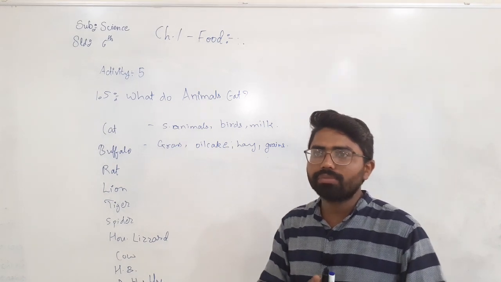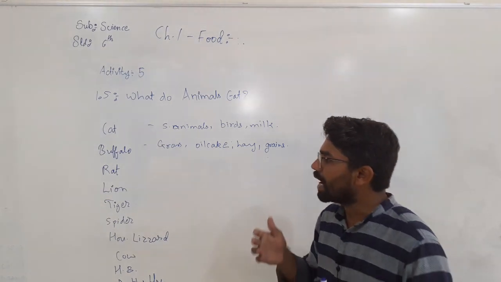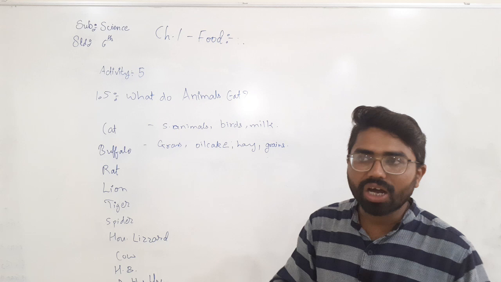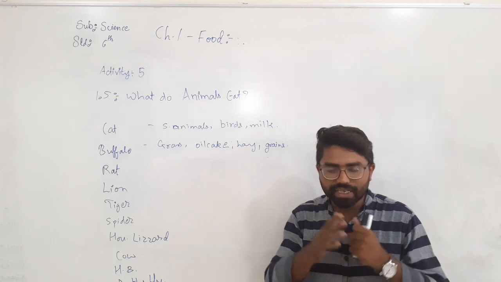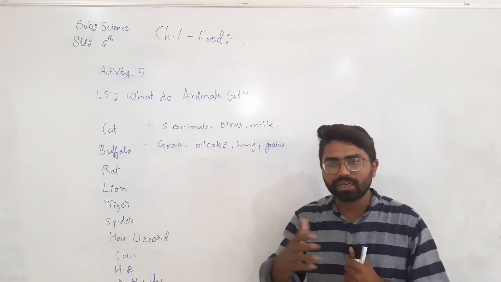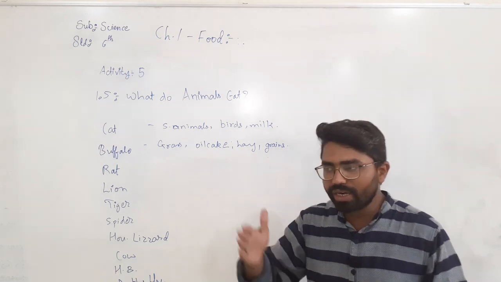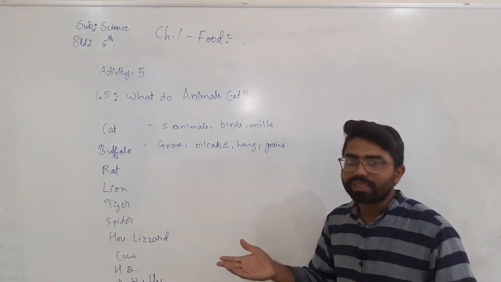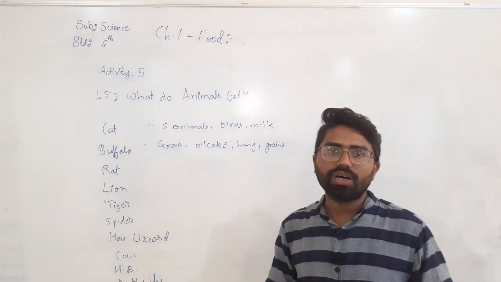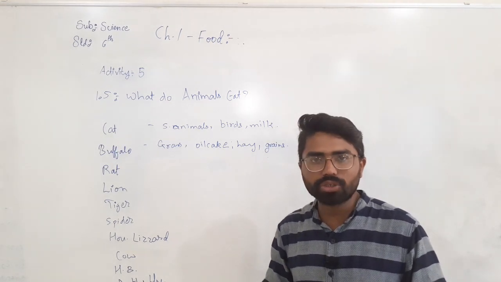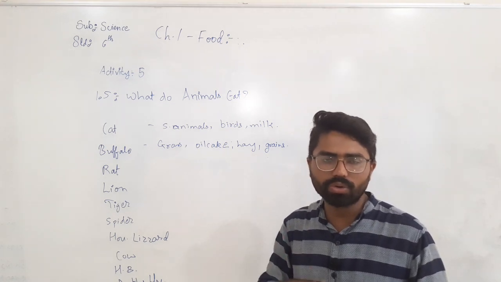So what does a carnivorous animal eat? You can say that a carnivorous animal eats flesh, okay, flesh and meat. Then comes the herbivorous. A herbivorous animal always eats veg things, okay. So you can say that they depend on plants, grass, vegetables, okay. They depend on all the green items, so they do not eat flesh, okay. That you have to remember between carnivorous and herbivorous. A carnivorous animal depends on flesh only, and a herbivorous animal depends on greenery, meaning plants and fruits and leaves and all these things, okay.